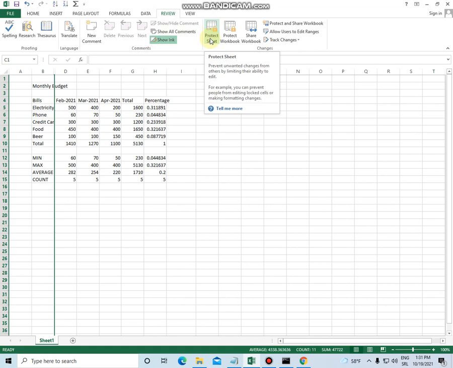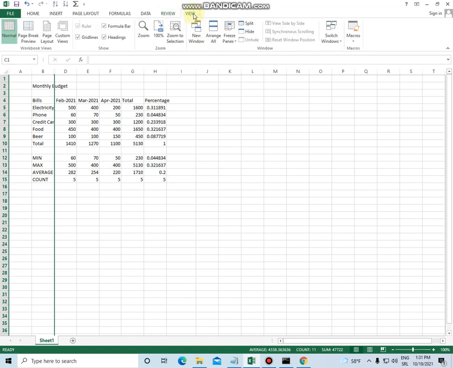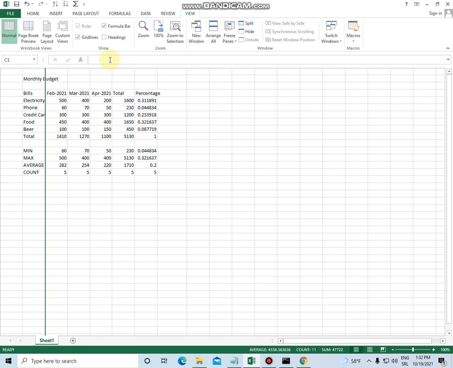I am going to give you one more little tip here on the View tab. We go to the View tab, and we have this option, Headings. This is something small, but if I uncheck the option for Headings, I no longer see the A, B, C and the 1, 2, 3. As you see, A, B, C is gone, and 1, 2, 3 on the left is gone.